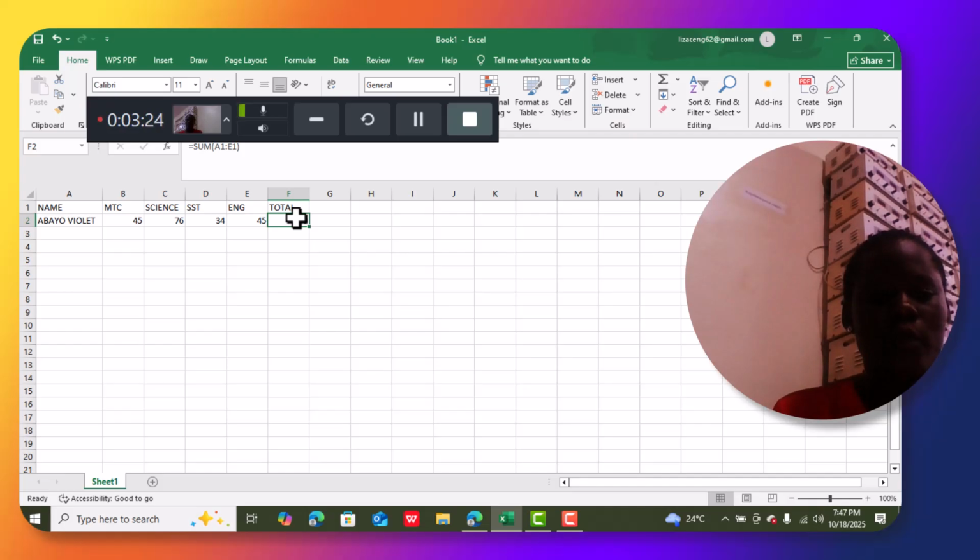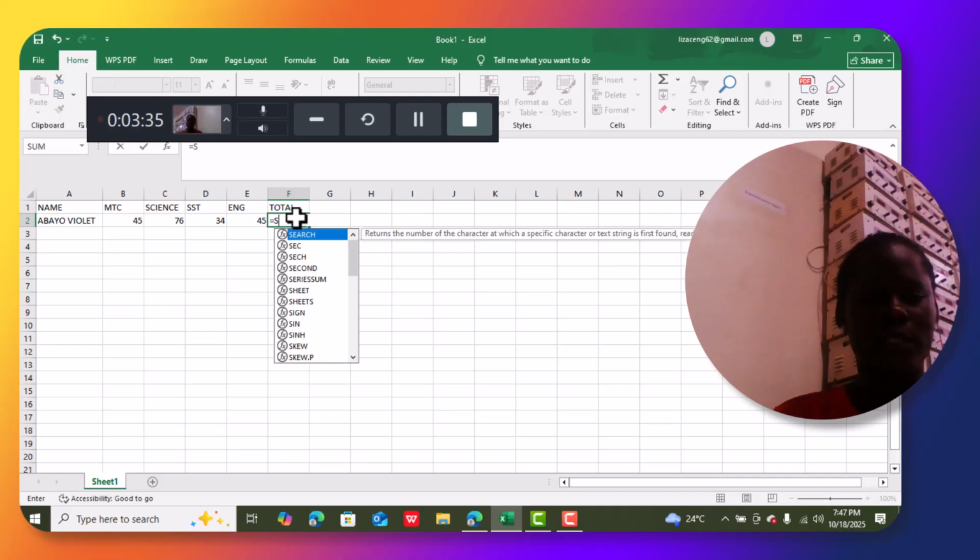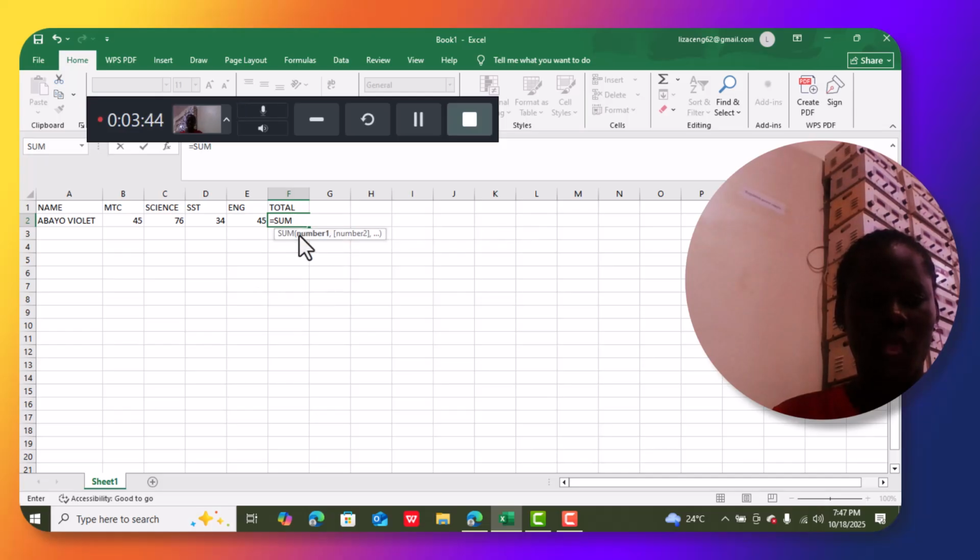Now, how can we correct this error? We are going to correct this error by simply pressing the equal sign. Then after pressing the equal sign, I press sum. Now I begin with Maths. This time I've chosen correctly. I shall begin with Maths, Science, SST, English. Then after I enter, that is the total marks